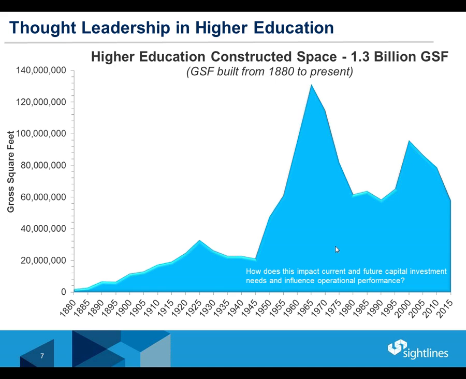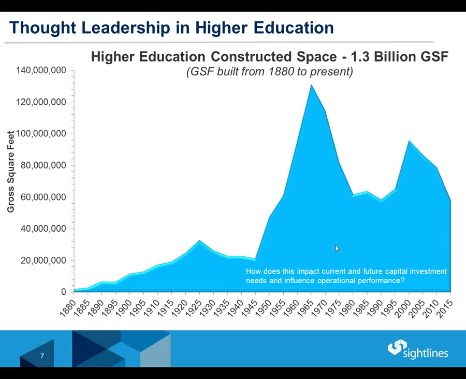That space is in keep-up mode right now, but soon life cycles will start becoming due, and we'll add that to the catch-up that we already have and need to address from those 1960s and 1970s buildings. So these two waves of construction are really what's causing a lot of pressure among college campuses right now, and that many of you are feeling, where you've got this tremendous catch-up need of those over 25 and over 50 year old buildings, and the keep-up need of a lot of new space that was built since 1995.